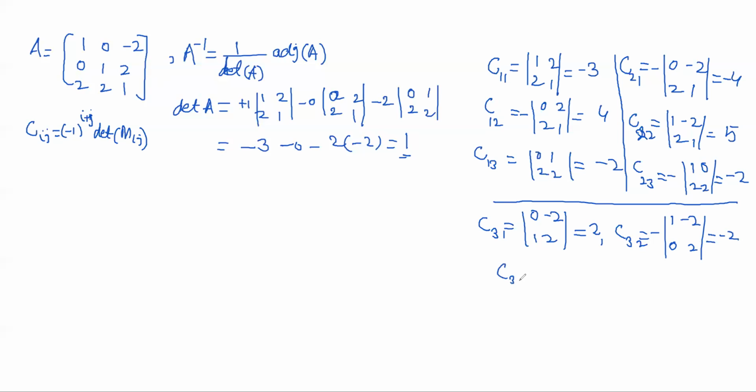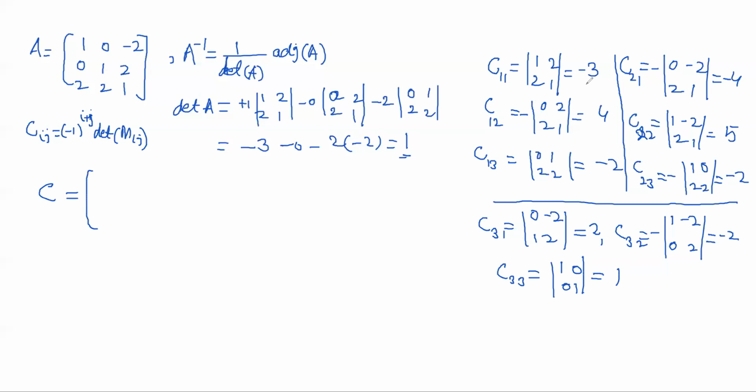And then the last one, C33, 3 plus 3 is 6, plus sign. So third row, third column, 1, 0, 0, 1. So what we will get is 1. So therefore we get the cofactor matrix as